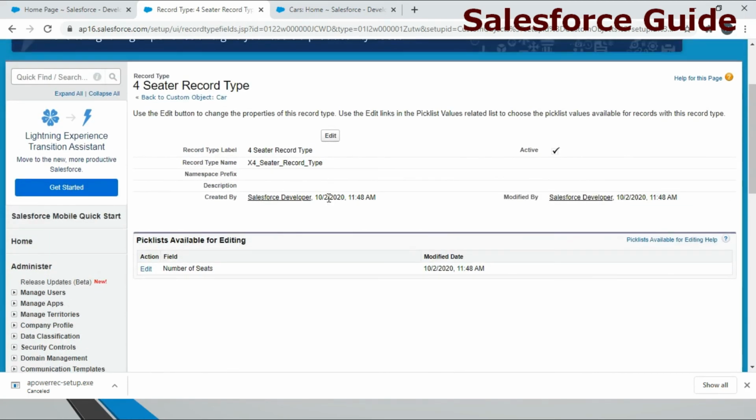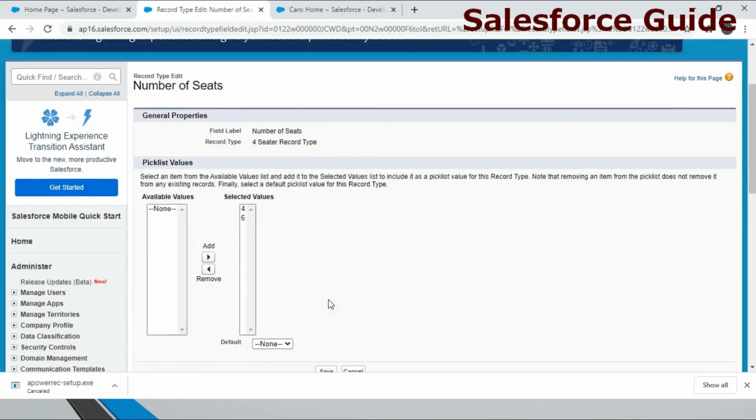After creating the record type, it shows all the possible pick list values related to this object. As I have just one pick list, it is showing me only one. I will edit the pick list and it will show what selected values we have. We have 4 and 6.